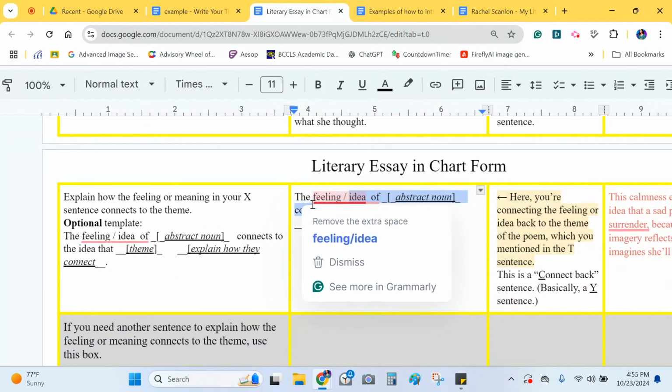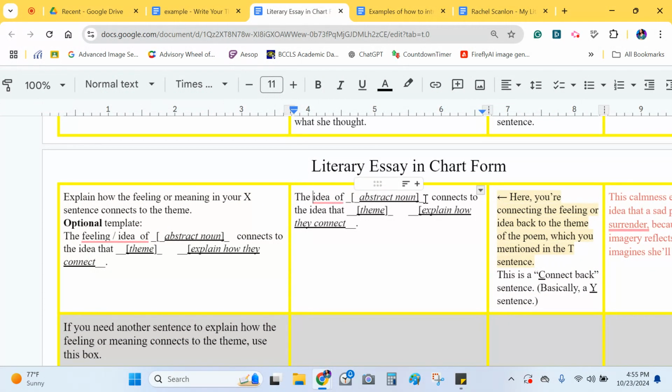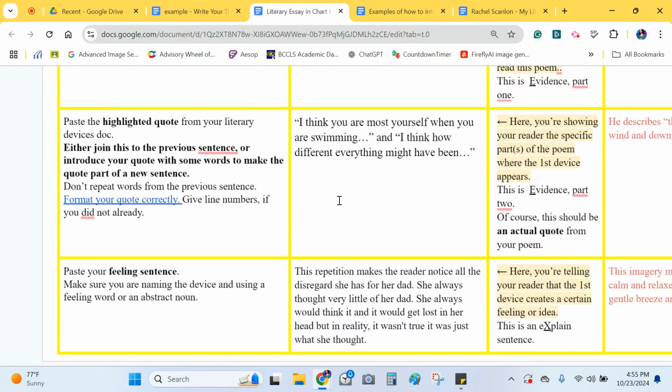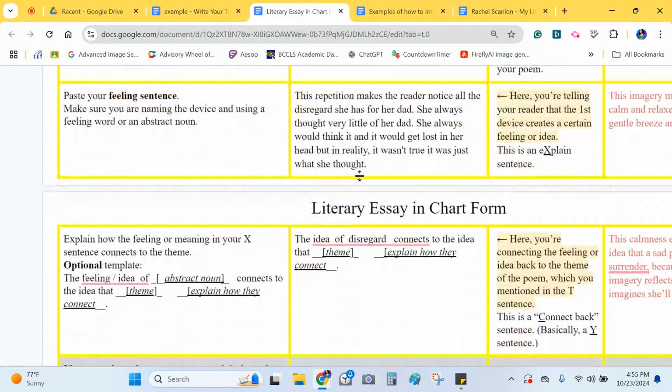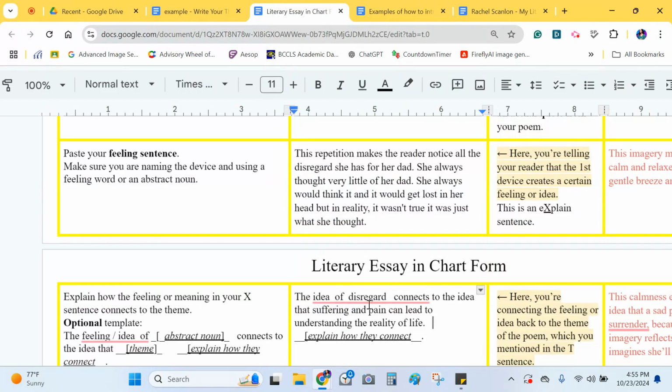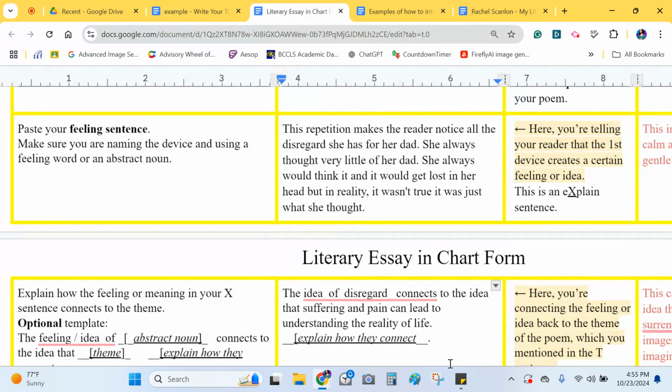So let's say the idea of, and then let's say, disregard, connects to the idea that, and then we put our theme once again. I'll just remind you that we are going to switch it up later, but right now it's okay to be repetitive. And then we're going to explain how they connect, because